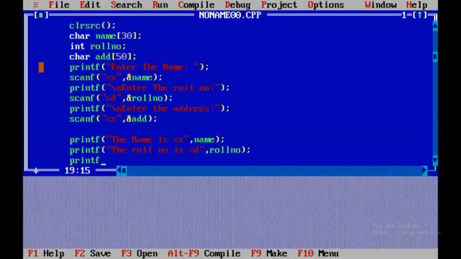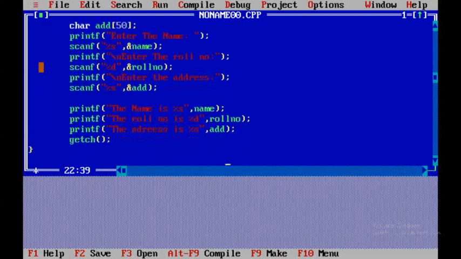Similarly, for address, we are going to display the statement, the address is %s, it's multi-character, comma, and we have stored the address in ADD, that is the add variable.